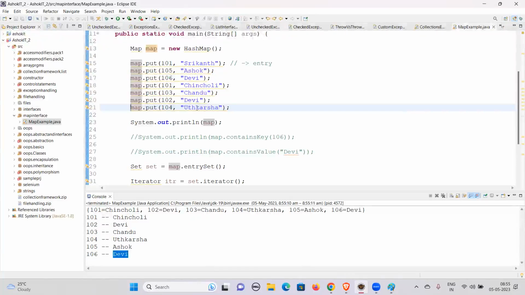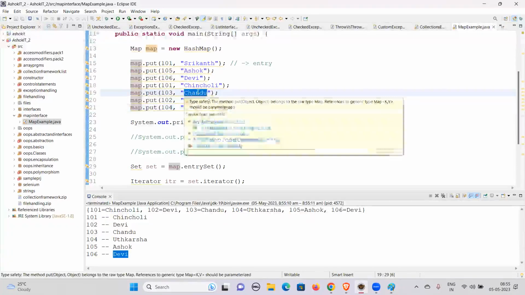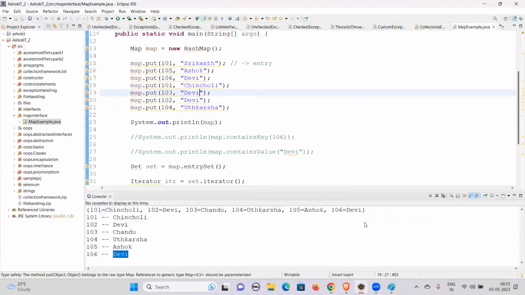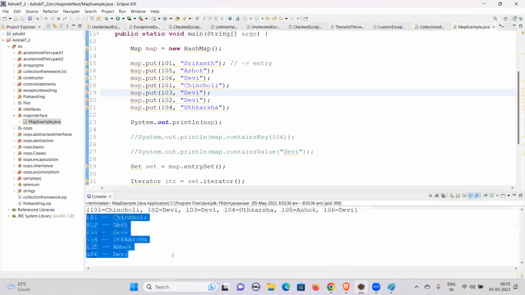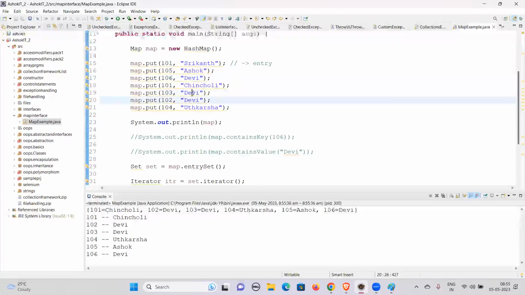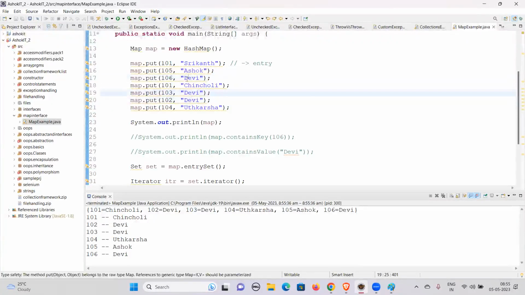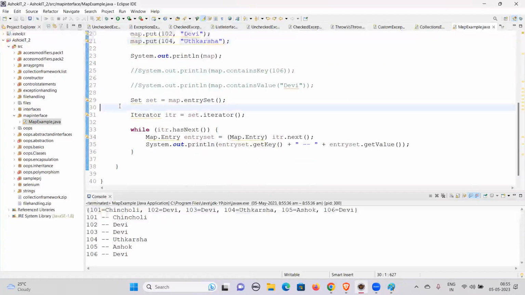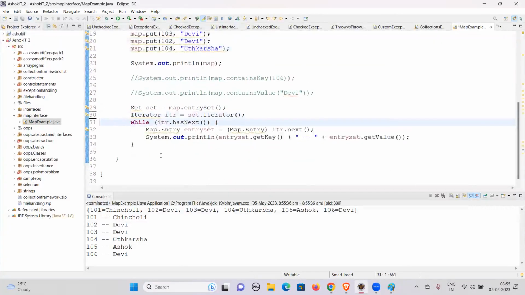For example, here we have Devi, and it doesn't matter. You can see Devi, Devi, Devi, all repeated 3 times, but it's still allowing it, while the keys are unique. So this is one way of retrieving the data from the map, and the other way is like,